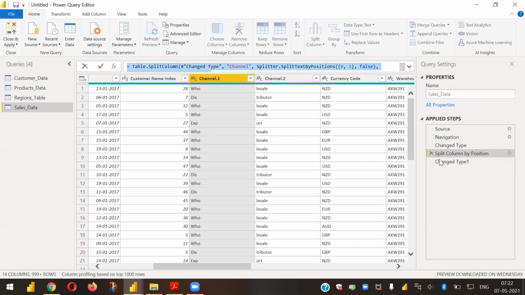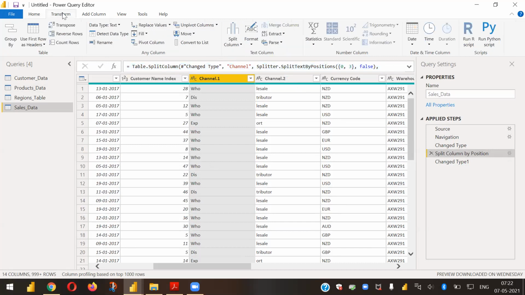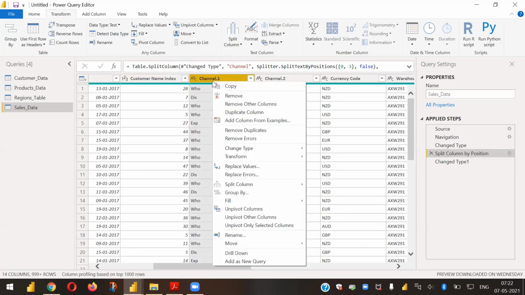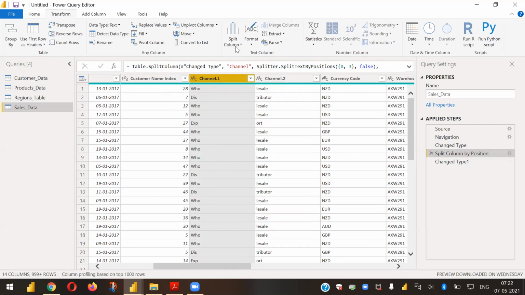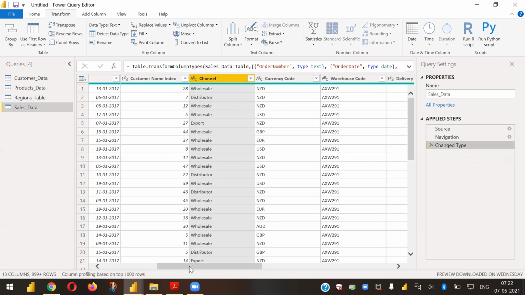You will not be doing anything as such in here, because all we are going to do is these things. On the top, you have these transformations, the thing I've just done. Look at the same split column. I've gone through right click and updated this, but here also we can do the same split column. You can always go back to the previous step. Here, you can delete the applied steps, step one, step two, and you're back to normal, right?